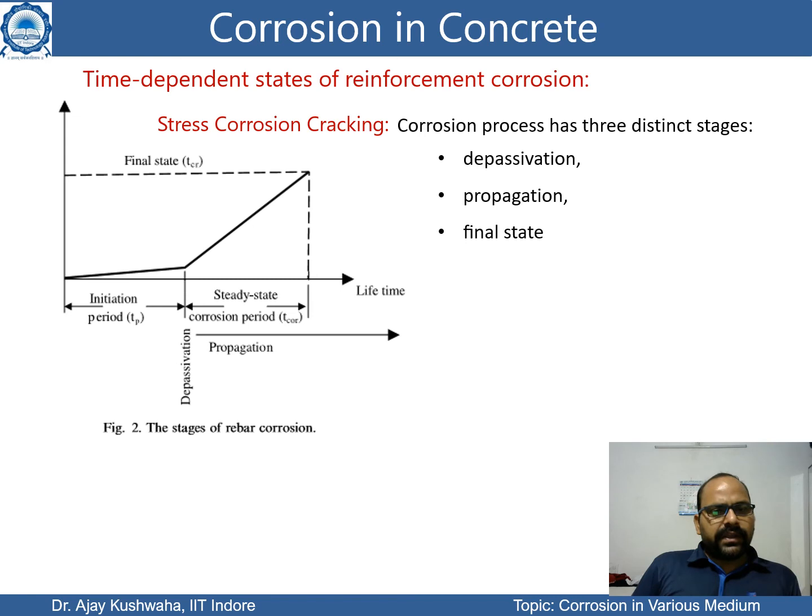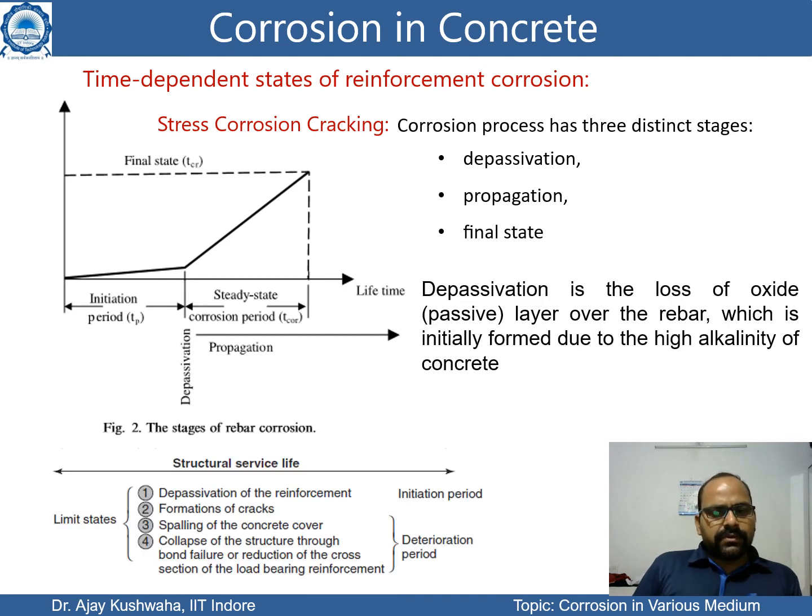This figure may give an idea. This is the initial period. If you see the x and y axis, the x axis is telling about the time, the lifetime. So this beginning is the initial period, and after this period depassivation starts, meaning distortion of the passive layer begins, and formation of small cracks is also there, and then it propagates further. In the steady state, slowly it propagates, getting inside, and then sometime somewhere it will fracture. That is the final stage.